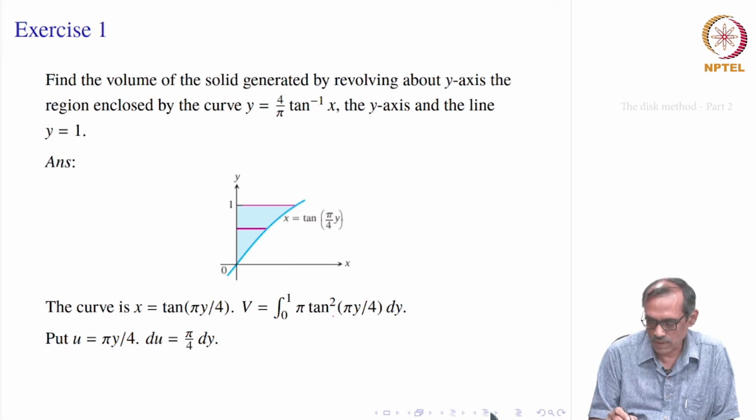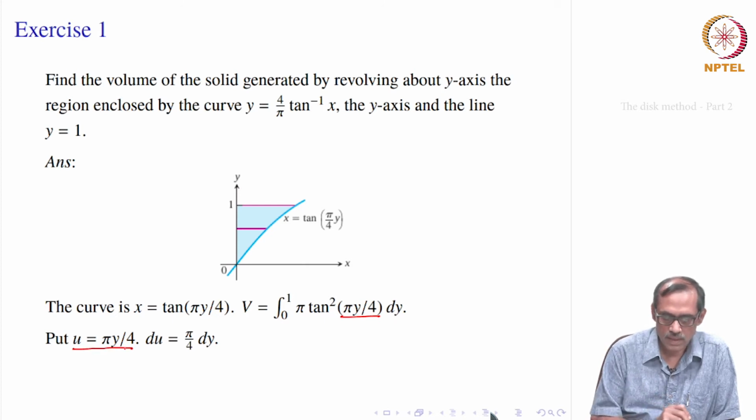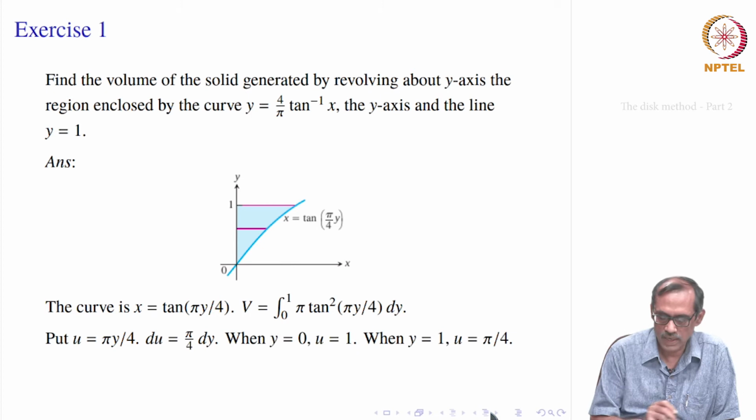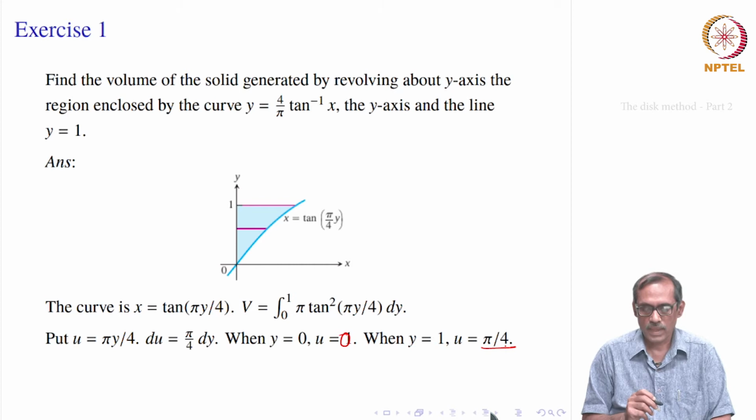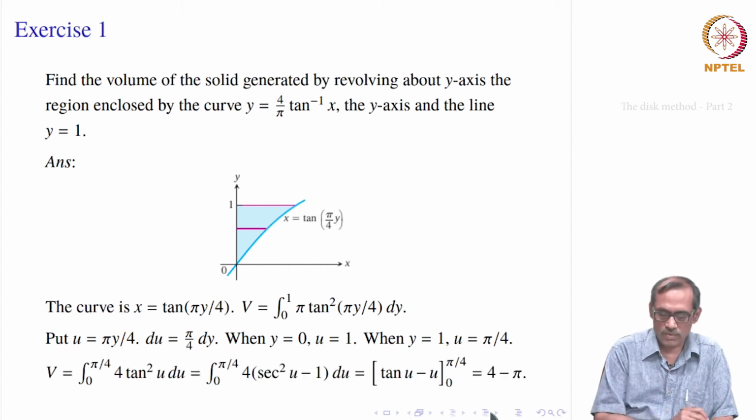To evaluate, what we do, it is tan square pi y by 4. So, we substitute pi y by 4 equal to say u, then du becomes pi by 4 dy. When y equal to 0, u is also equal to 0, and when y equal to 1, we get pi divided by 4. This one is correct. Fine. So, our volume will be equal to